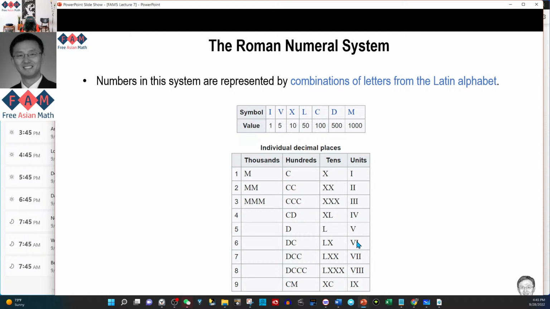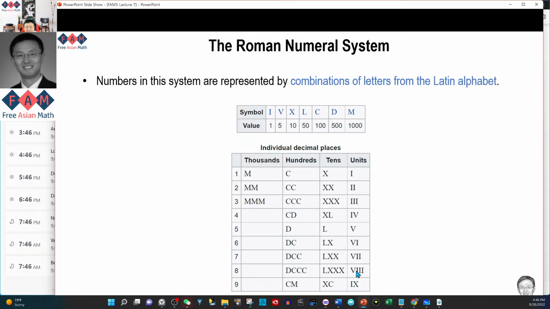So then the next one you have is 5. How about 6? 6 now is 5 plus 1. So in order to distinguish this from 4, which is subtraction, they put 1 on the right of 5. So this left-right relationship tells whether you should perform subtraction or addition. So now we know 4 is subtraction, but 6 is 5 plus 1. Then you can continue to do this with 2 1s, 3 1s, so that you get 6, 7, 8,